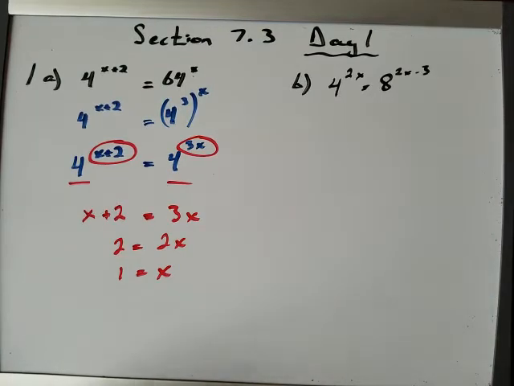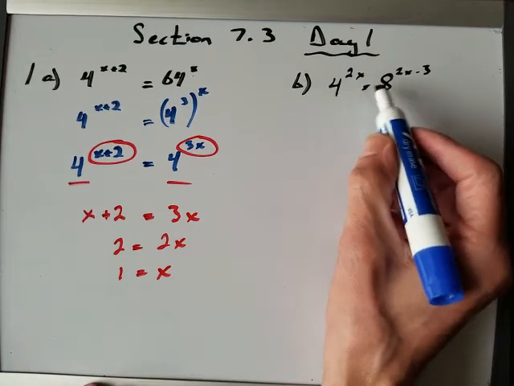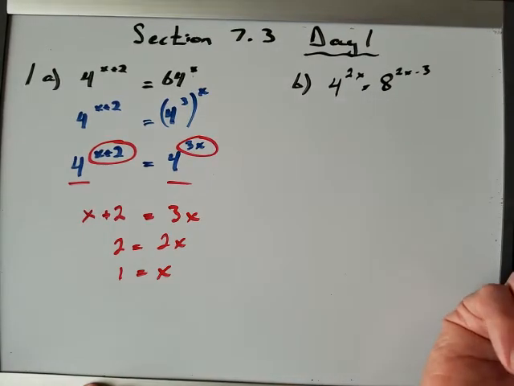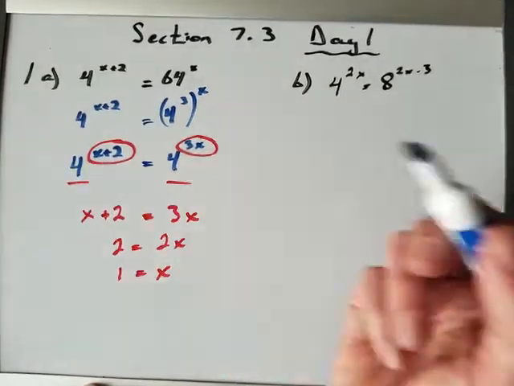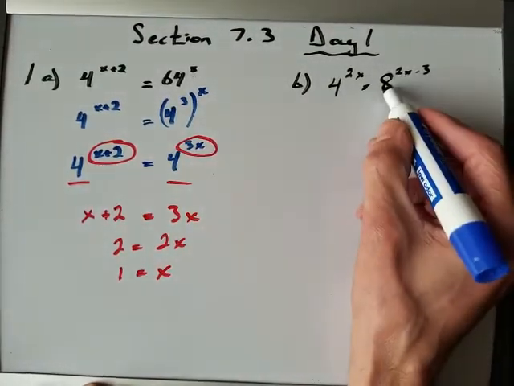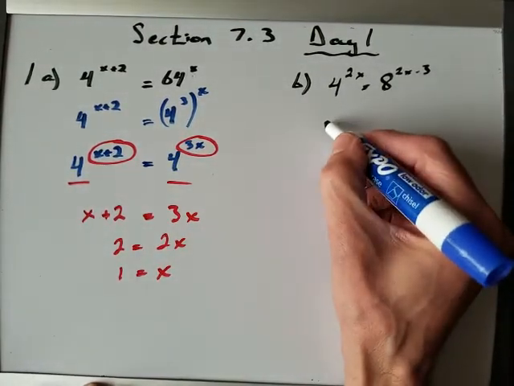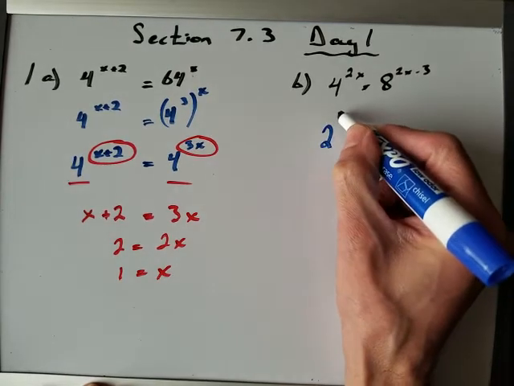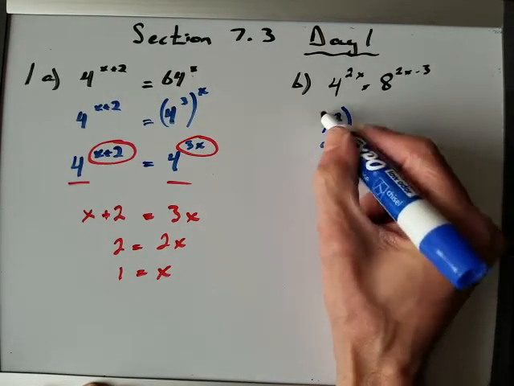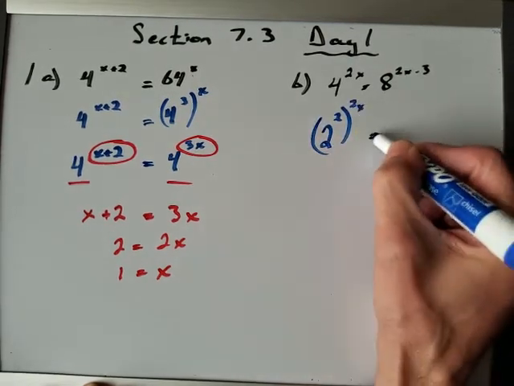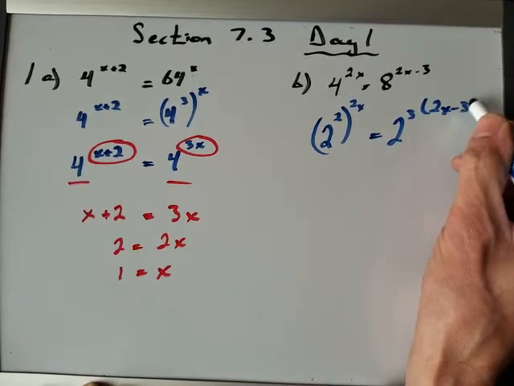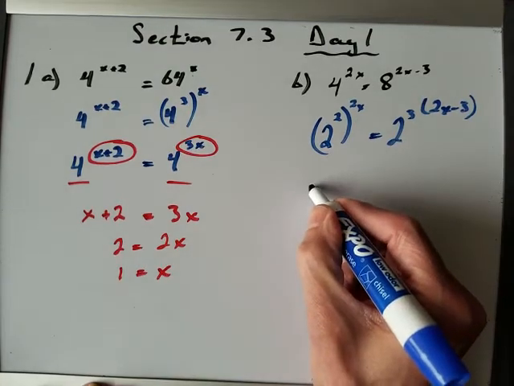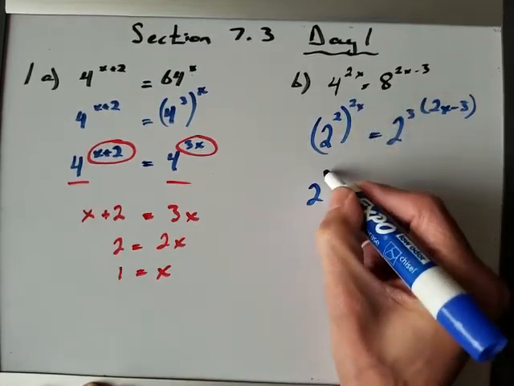Now, what would be then the key? Get the bases the same. So you have to take a look at what you are given, and you have to make the bases the same. So in this guy, you might be like, oh, well, just go 4 again like letter A, but it won't work. You can't make 8 a base of 4. So it's going to be 2. That's going to be our choice. So 4 is 2 squared, and then we again have this 2x. 8 is 2 cubed, and then we have this 2x minus 3, and we have 2, multiply your powers, 4x,